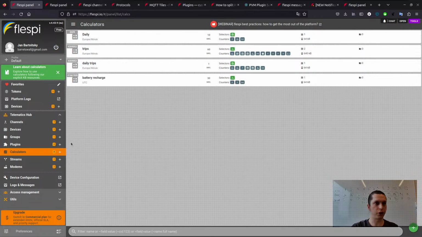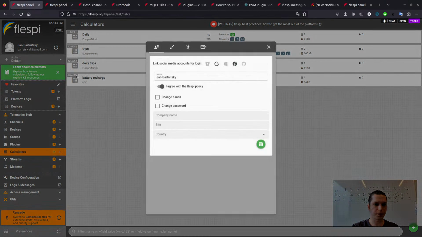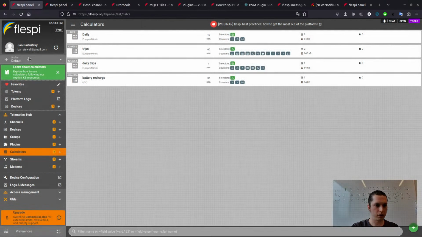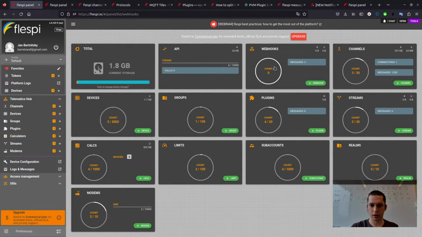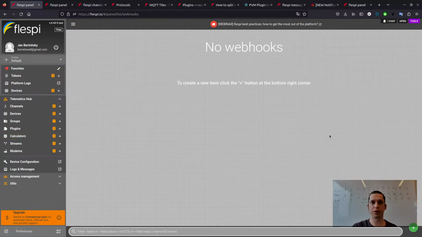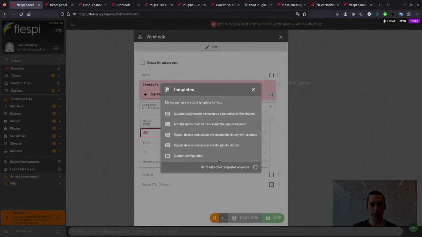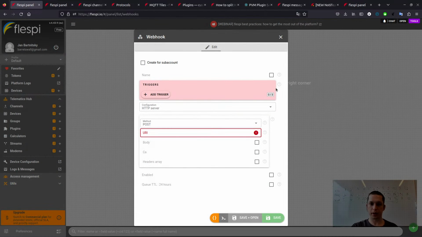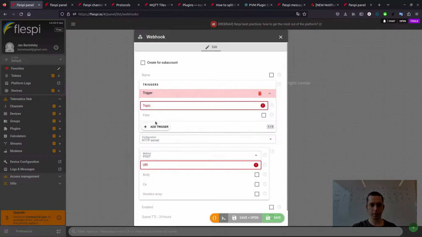I may give you a short idea about webhooks too. I've already introduced you to our event system, the MQTT-based event system, and this MQTT system can be used to trigger webhooks. So we have to set up the trigger, which will be a certain topic.